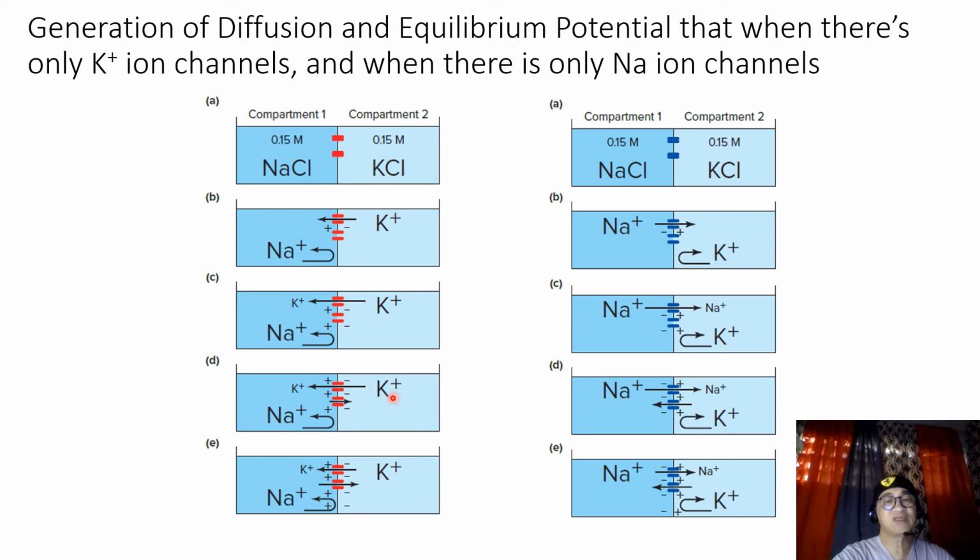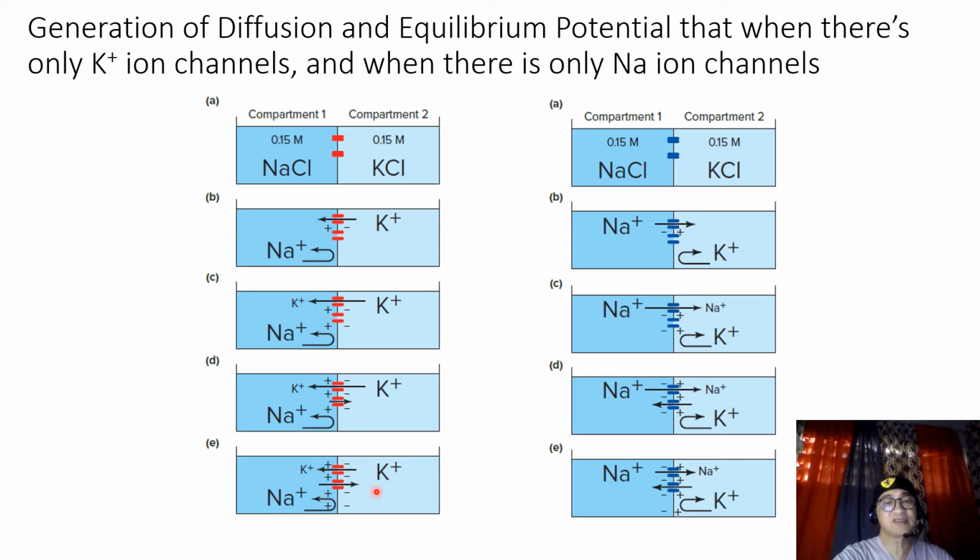Because potassium is positively charged and the interior side of compartment 1 across the barrier is becoming more positive, few potassium can move in, and more potassium will begin to move out of compartment 1. And as the magnitude of diffusion of potassium into compartment 1 is balanced by the diffusion of potassium back to compartment 2 because of repulsion of charge,